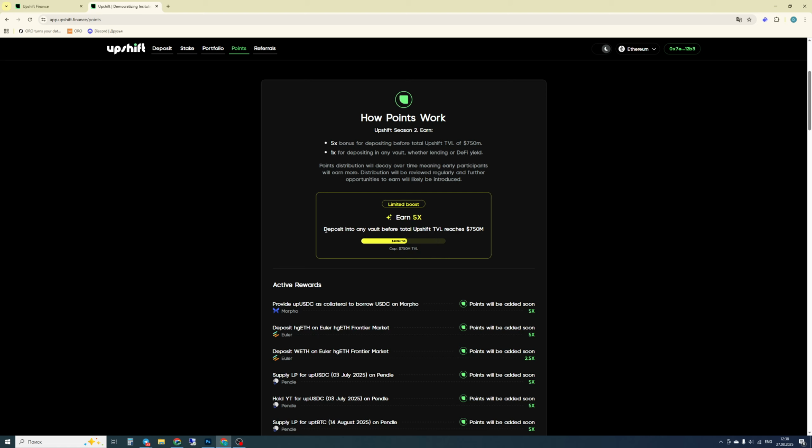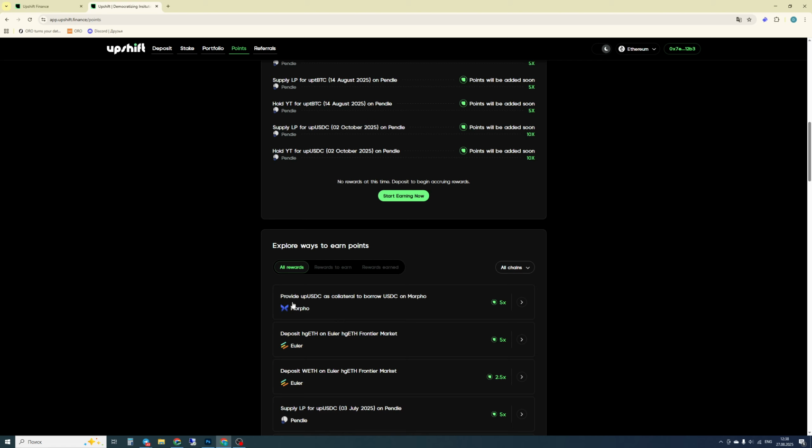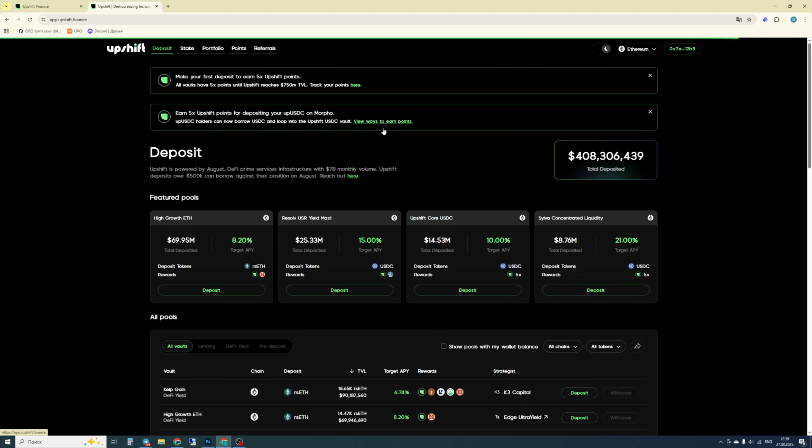And now, as we can notice, what I mentioned at the very beginning, until the site's TVL reaches 750 million, we will farm up to X5 points. But that's not all. We can receive additional yield. If we scroll down a little further, we can clearly see that additional points can indeed be earned. Let's say we need to provide up USDC here. Let's consider this situation as a specific example. I will clearly show you where we can get this up USDC and what it actually is. This is a wrapped USDC token that we receive when we provide liquidity to one of the various liquidity pools available. Let's return to the Deposit tab for just a moment to review it.